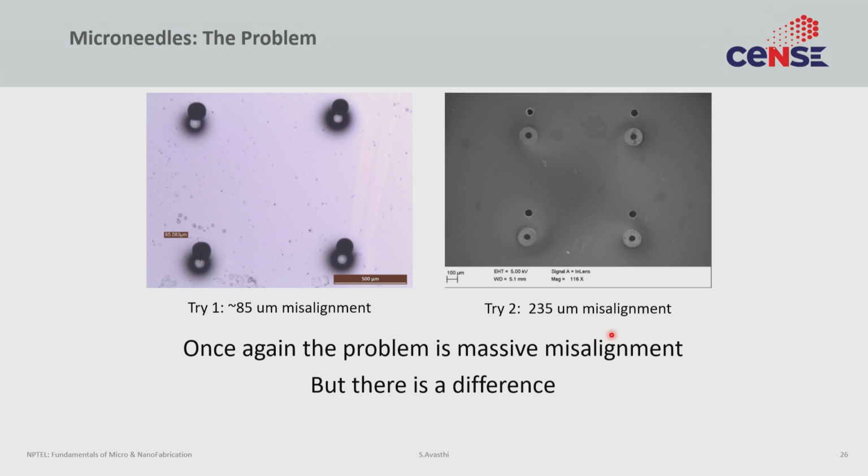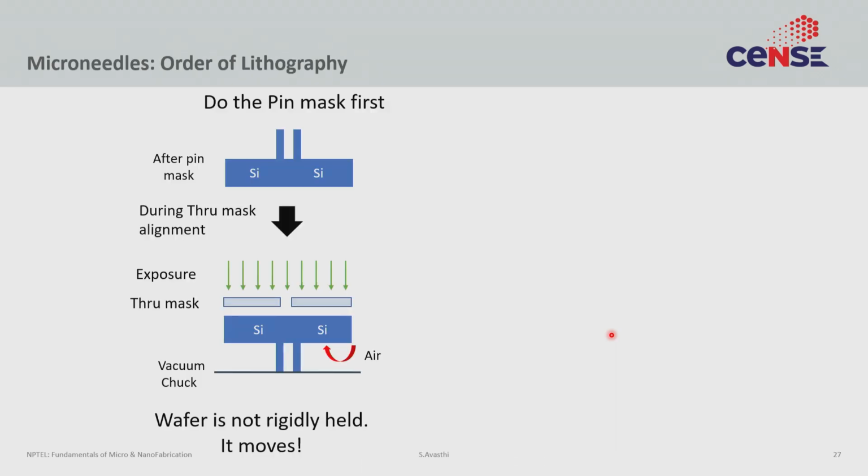Now once again, the problem is not in the unit process. The unit process works fine. There's just something when we are trying to do this specific process that the process fails. The question is why? And the hint is, unlike before, this time it is random. So what do you think is happening? Think order of steps. Pause the video maybe for 30 seconds and think what could be happening in the way we are doing the lithography that is causing this. So let's give you the answer.